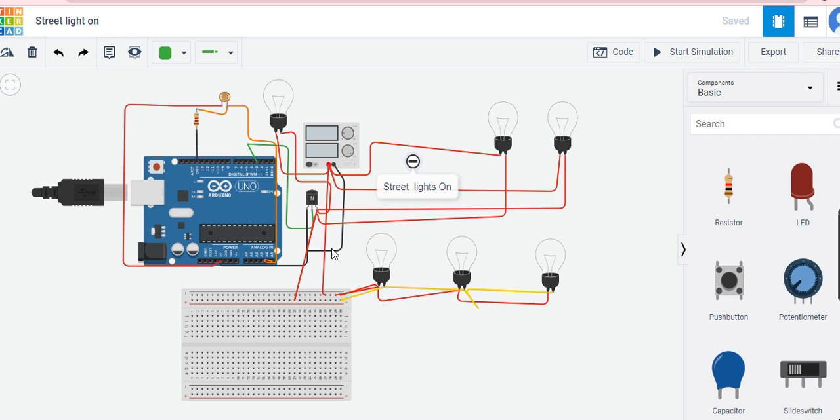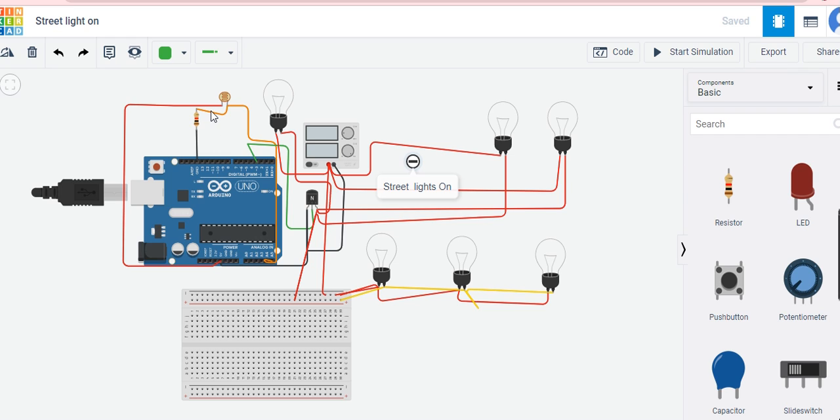So we have connected one end of this to ground, and the other end of the sensor is connected to 5 volts. One end of this is connected to ground, and the same point is connected to the analog input of the Arduino board. I have connected it to A5.